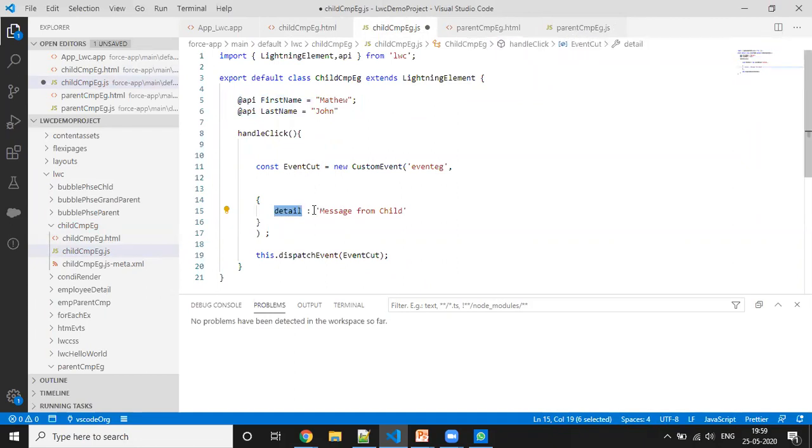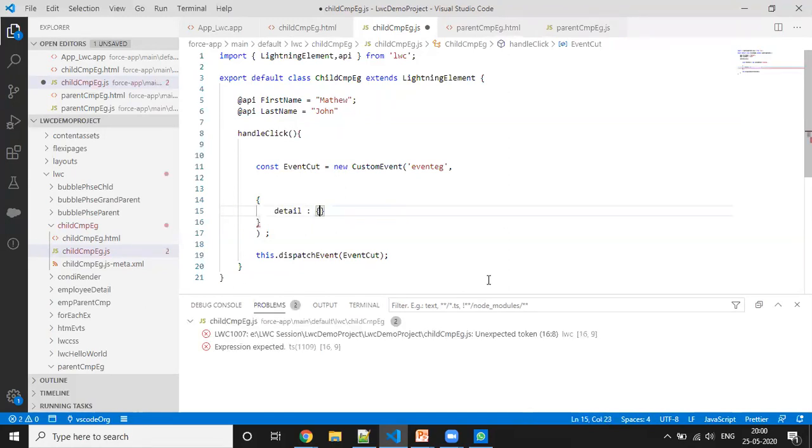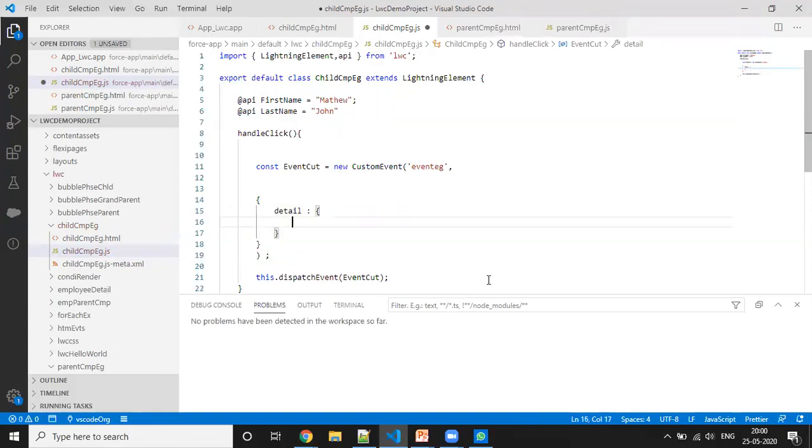I hope everyone knows JSON, at least a basic understanding of that. The structure will be the same as JSON only. So I'm just creating this in the JSON format, maybe.